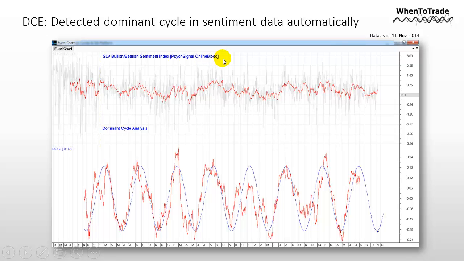The next step is to see if this dominant cycle based on the sentiment information can be mapped with price information from silver, to see if this cycle has an impact or can also be seen in the price behavior of silver. So this is what we do next.